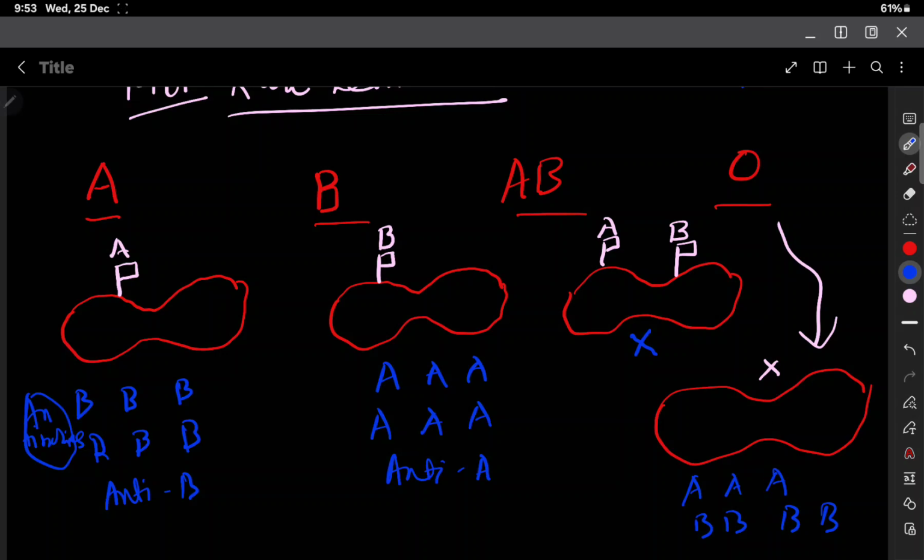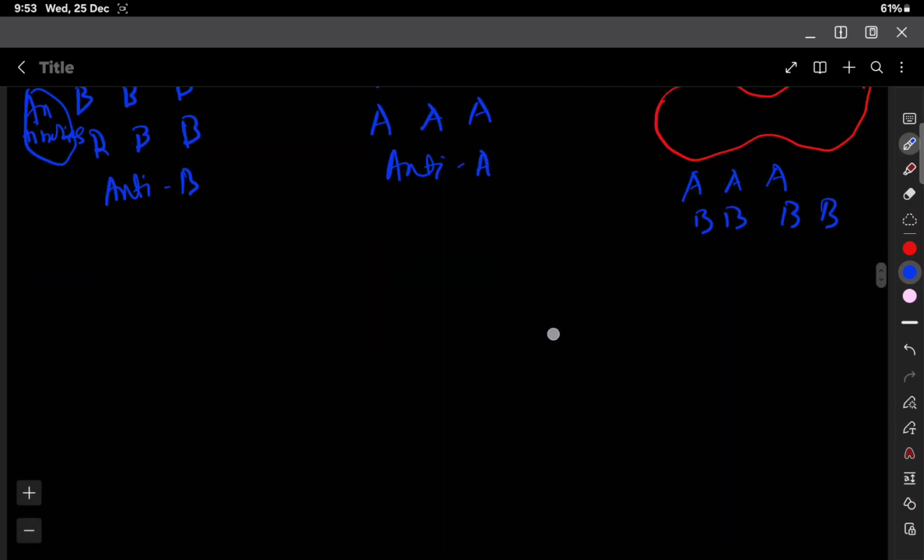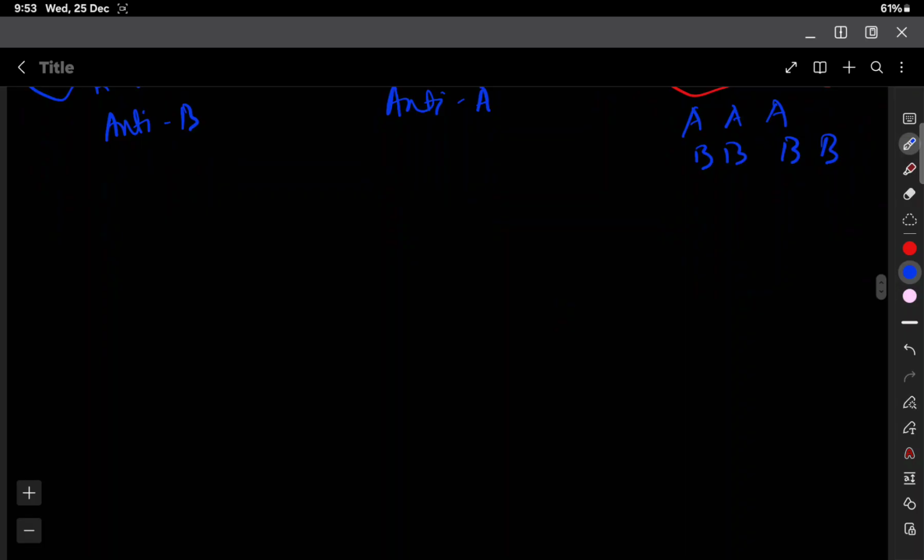Now where are these antigens coming from, or where are these antibodies coming from? This I will be explaining here. I will go with the first one, blood group O, for example. I am taking the example of blood group O. So this is the RBC, for example. This RBC will be having